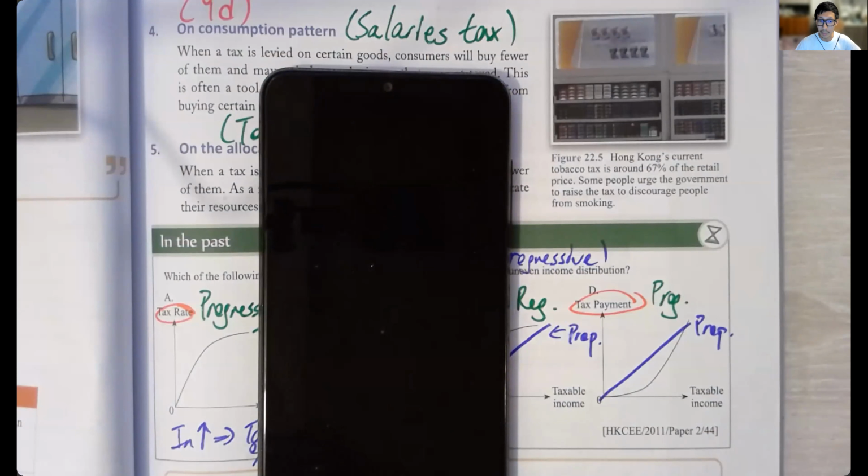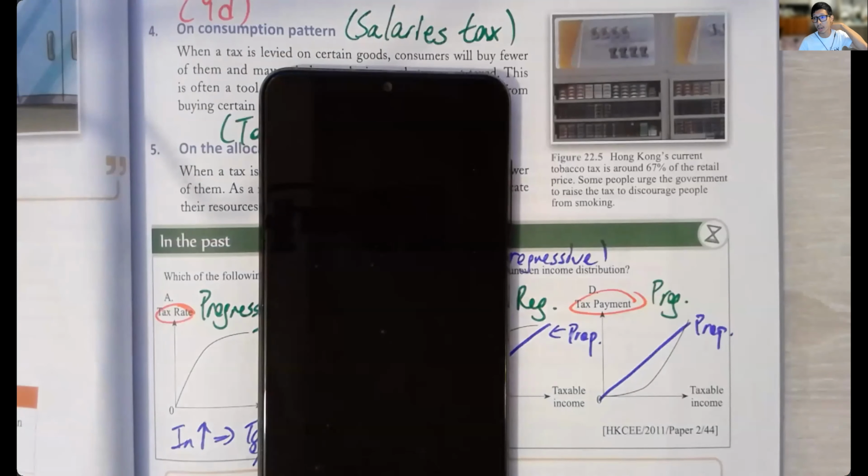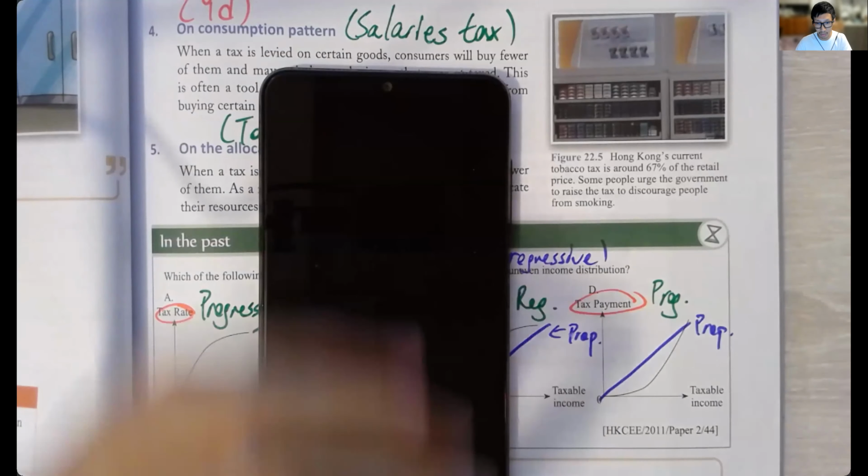The new structure with lower allowance and lower standard tax rate means it is less progressive. Of course, it is not necessarily so easy, but we'll go back to it when we return to face lessons. For now, this would suffice. Less progressive. Reduce the working incentive of all workers? You just need to look at